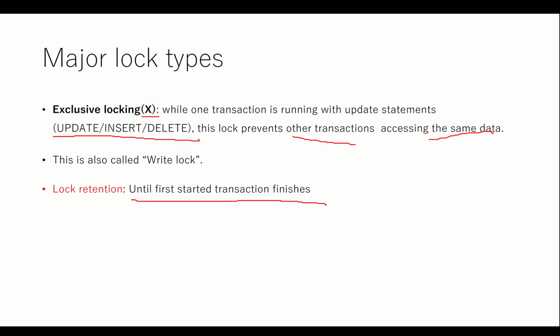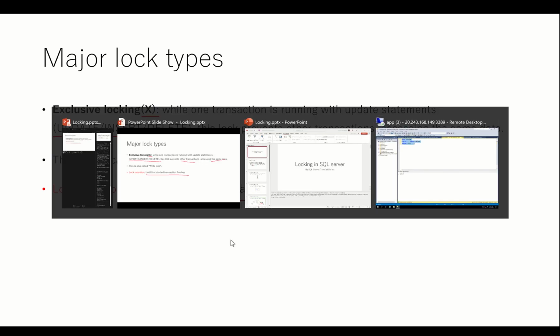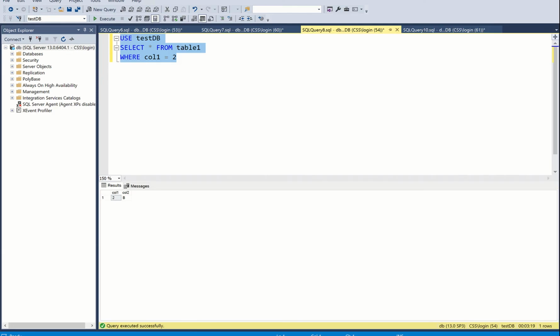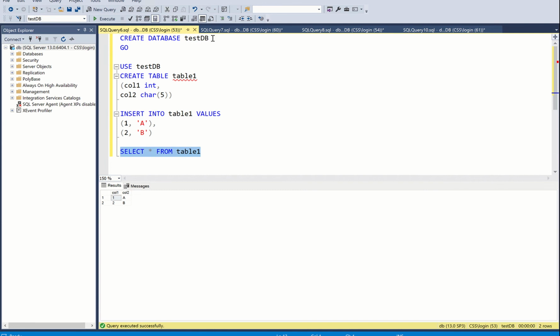So I think it would be nice if we can see it in a live demo. Therefore, I have created a live demo for this case. First, I have created a test DB. In this test DB, there is a table 1. And in table 1, there are 2 columns, col 1 and col 2. After that, I'm inserting some data into the table, 2 rows of data: 1 and 2, A and B, respectively. So if I select this,